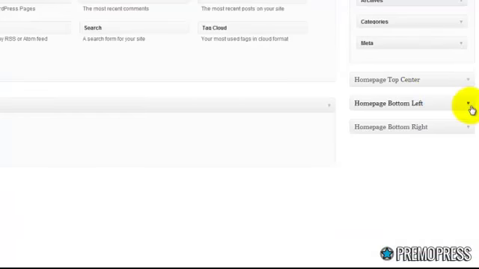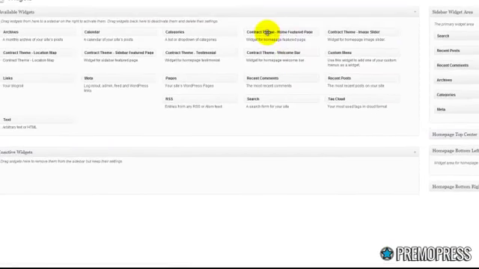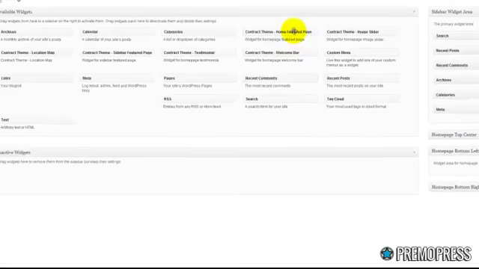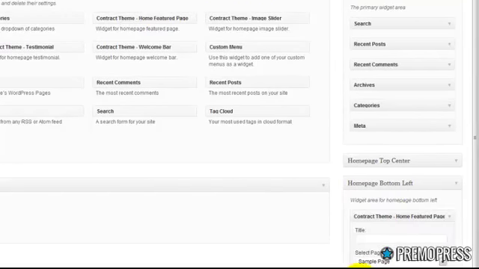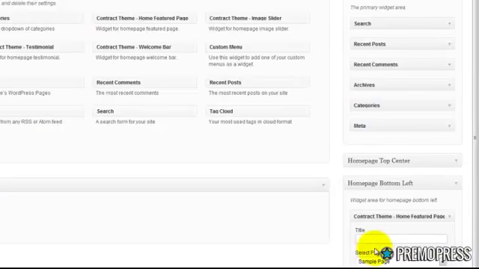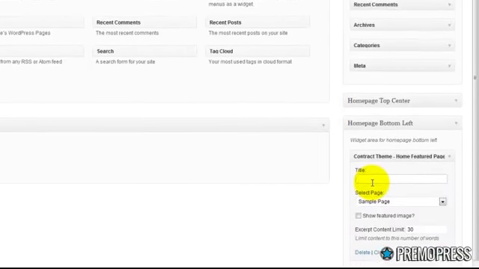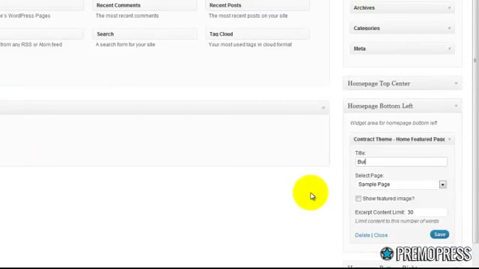So let's go ahead under homepage bottom left, expand that down, and we want to find the home contract theme dash home featured page widget. Let's go ahead and drag that down. And title is what will actually show up here as the actual name of the page. If you want it to be the same as the page title, you can do that here. We're going to go ahead and just make a copy here. Building your dream. So we're going to type building your dream,